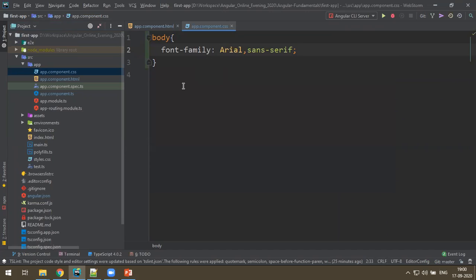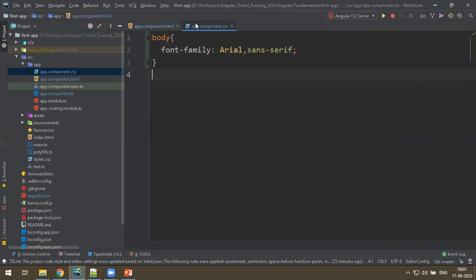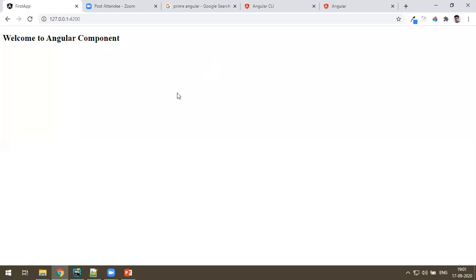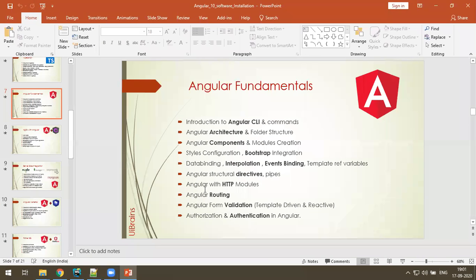Not applied. How come? Mm. Dude, it has to come now. Oh, it's not a body tag, it is an h2 tag. Okay, h2 tag. Okay, so you got a style. Okay, fine. So now let's talk about how to create your own component, because I want to create one navbar,